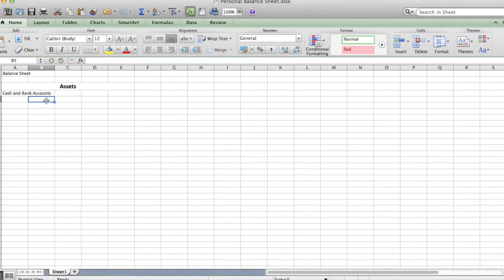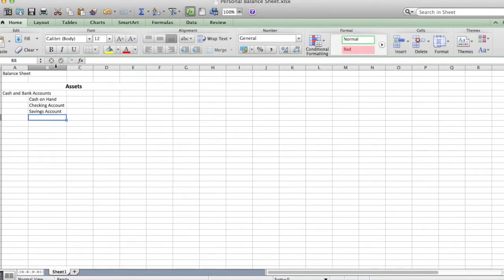Cash is king in our economy. It is exchangeable, like we talked about in week one, for pretty much anything. And as such, that's a huge asset. So what we want to look at is stuff like cash on hand. That's any cash you may have that you might not have in a bank account. It can also include a checking account and a savings account. Why do I include these three here? Because these are what we call liquid assets,